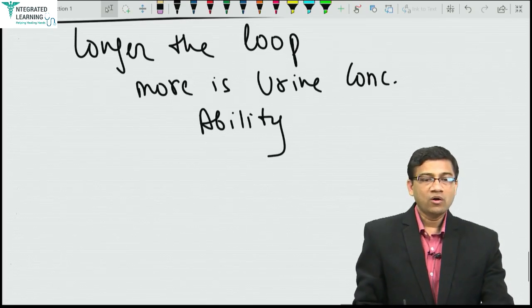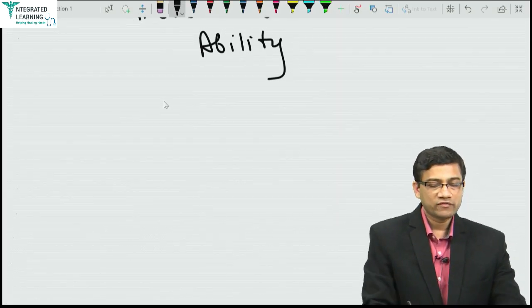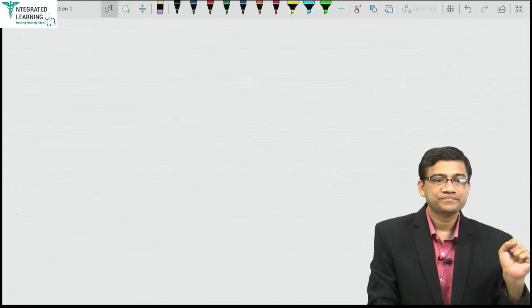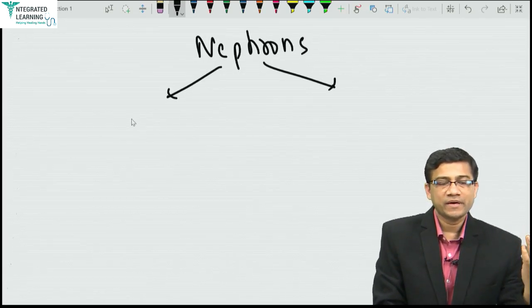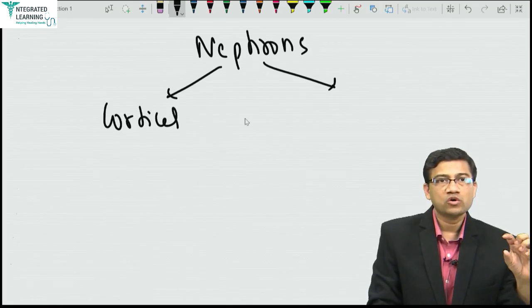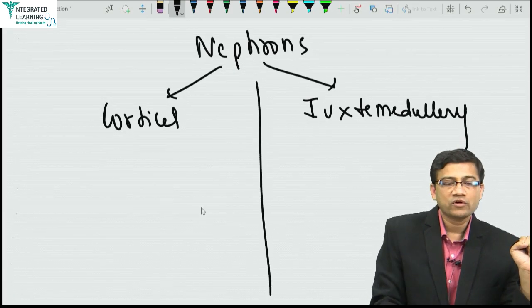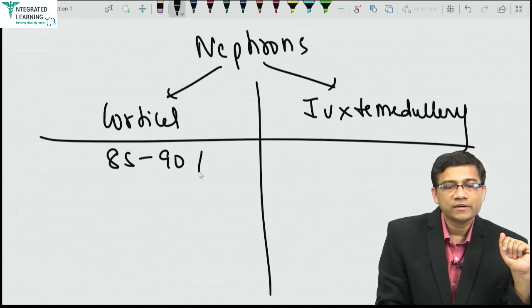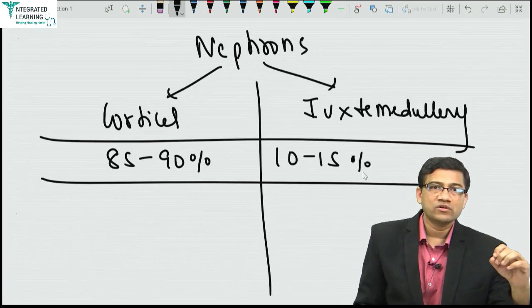Okay. Now, that is why we divide nephrons into two categories. So what are the two categories of nephrons? So let me show them. One are cortical, which are mainly near the cortex, and they have very short loop of Henle, and juxtamedullary. They are near medulla. So name itself, juxta means near medulla. So two nephrons, cortical and juxtamedullary. Cortical are 85 to 90%. Juxta are just 10 to 15%. So that's why bulk of the nephrons are near the cortex.